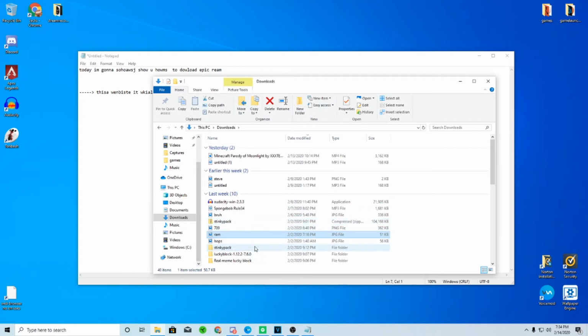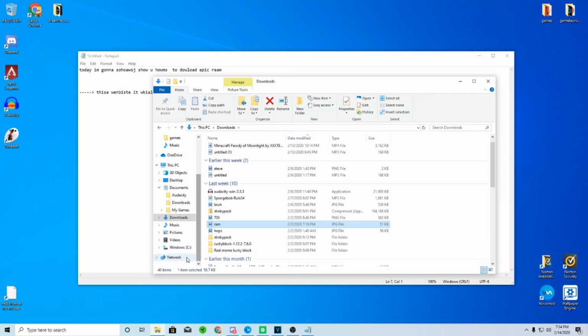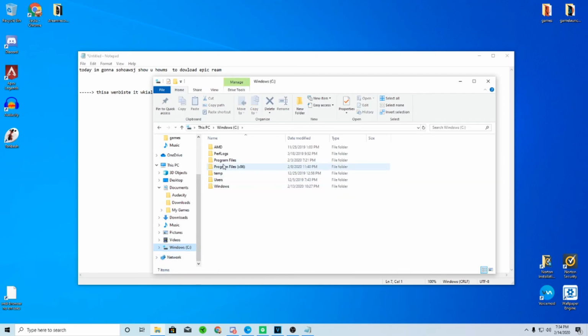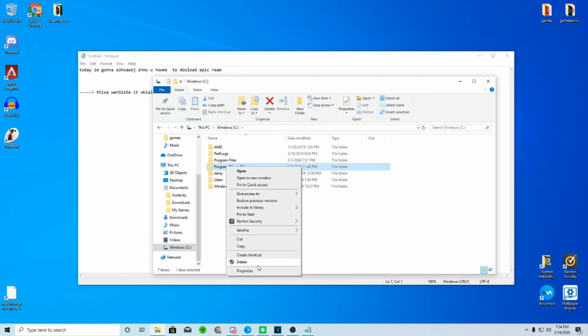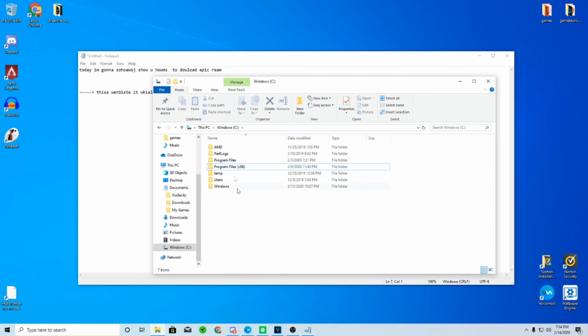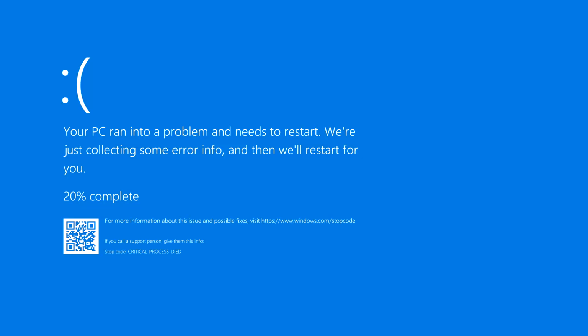okay, so now you're gonna take this thing that's your RAM, and you're gonna drag it into your, you're gonna go to your Windows, and you're just gonna right click on this and just press that button. So here, let me do it for you, and I'll show you how it works.